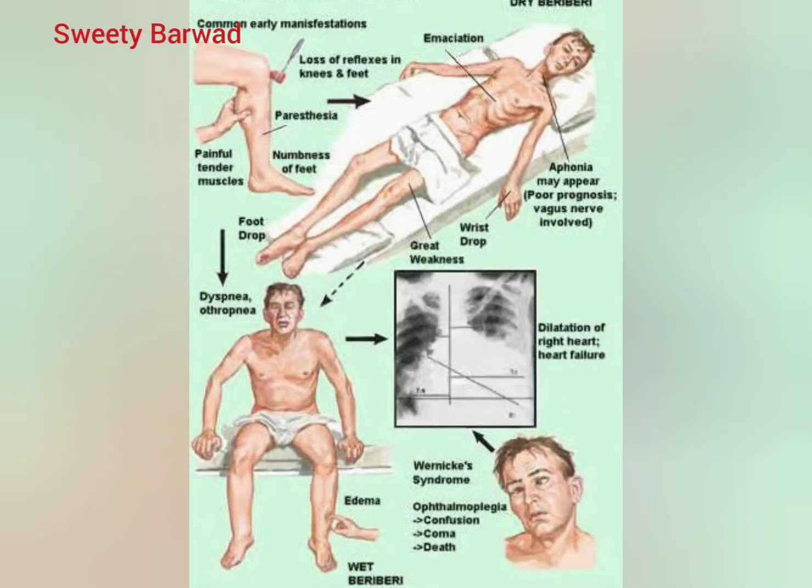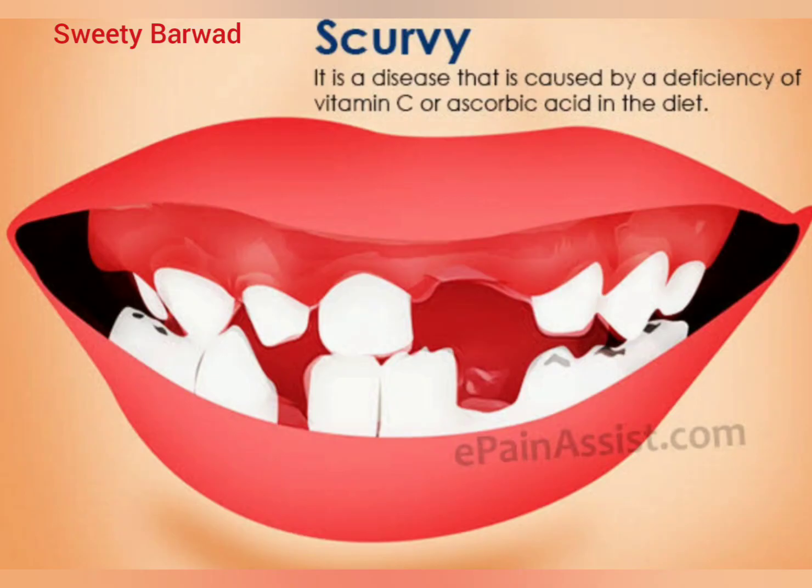The other disease is beriberi, which is caused by the lack of vitamin B. The symptoms of this disease are that the skin becomes dry and scaly, extreme weakness, and the nervous system and the muscles are affected. So, to protect us from this disease, we should eat milk, eggs, meat and green leafy vegetables.